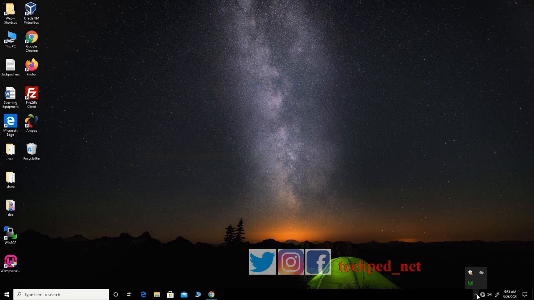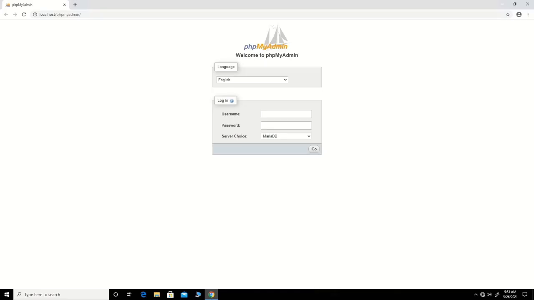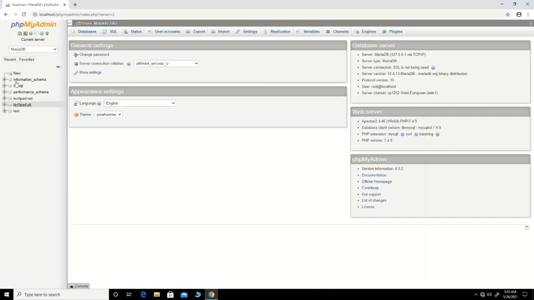So to start, on the right side of the taskbar, you click on the XAMPP web server icon, then you click on admin to go to the PhpMyAdmin portal. This is the PhpMyAdmin portal. To create a user account, you click on user accounts,